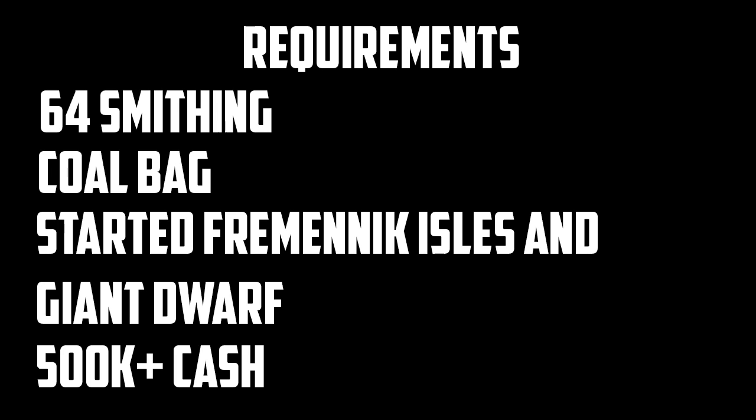It's EasyScape, and today's video is going to be an Ironman method on how you can make a lot of cash per hour, approximately 100k cash per hour, along with clocking out at 35k smithing experience per hour estimated. And for this, you're going to need 64 smithing, which is required to make mithril 2H swords. Once you get to level 68, you'll be able to make mithril plate bodies, which will give you a lot